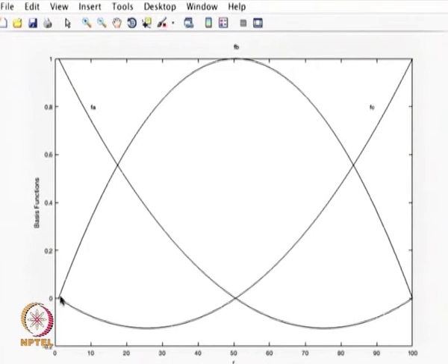So in this case A is this point, B is this point and C is this point, and if you are changing the locations also the basis function should change accordingly. So what we have got is the 3 basis functions for the problem what we have chosen,